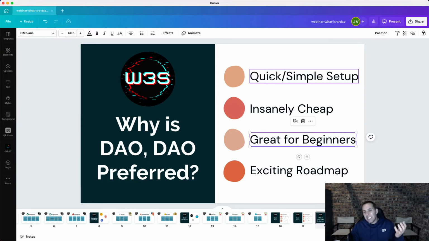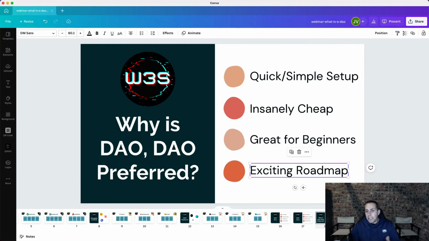It's great for beginners. I kind of mentioned that earlier on, and we're going to see that as well coming soon. And it's got an exciting roadmap. Even though it is brand new, it only came out, I think, 2 months ago, the kind of things that they have already said are on their roadmap, the MetaMask integration, the use of stablecoins for escrow, and the amount of other DAOs that are moving onto it, are just some of the crazy things on the roadmap, and it's very exciting. It's going places. It hasn't even begun to do what it really wants to do.